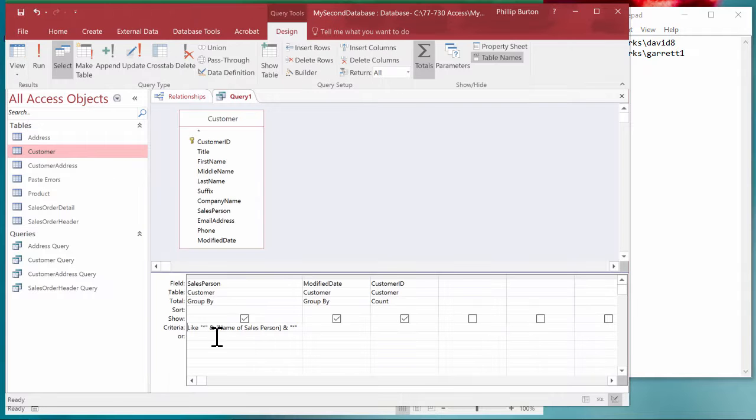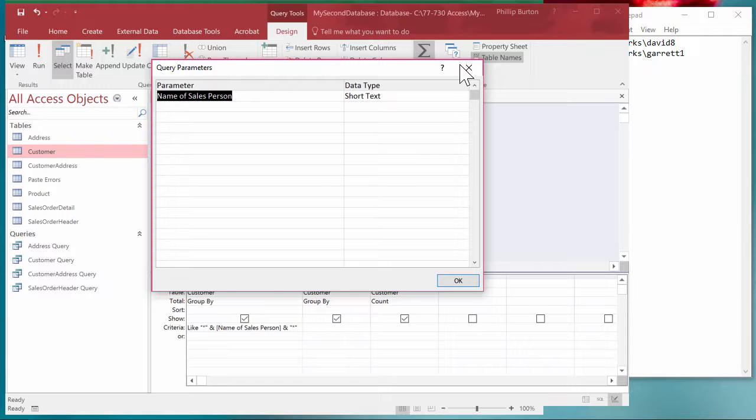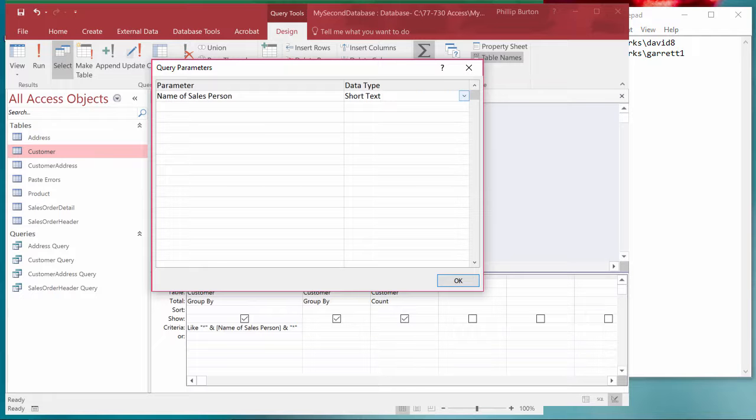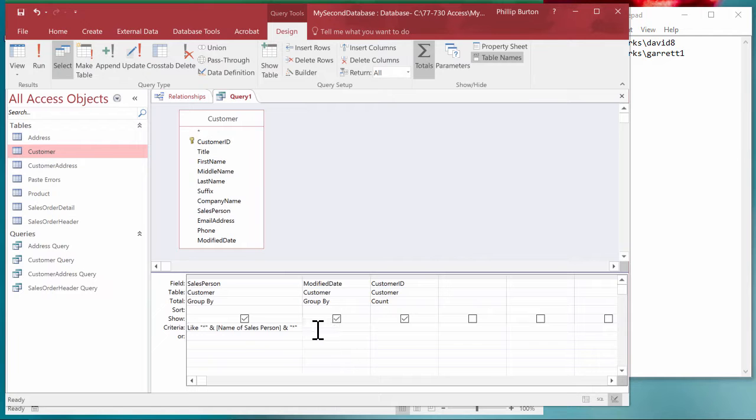Now, parameters don't have to be specified beforehand, but it is very good practice to do so. Indeed, back in the year 2000, Microsoft subtly changed the rules on parameters, which meant that some databases that were created and perfectly worked in 1997, that was the 1997 version of Access, suddenly stopped working in 2000, all because they didn't declare the parameter. What's the advantage of declaring the parameter? It allows you to say what the data type is going to be, and that is actually quite a good thing. So you'll see parameters either when you declare them or